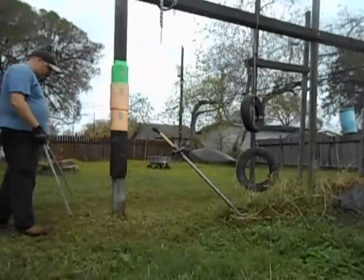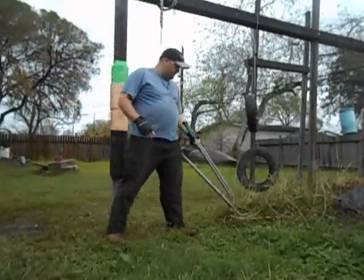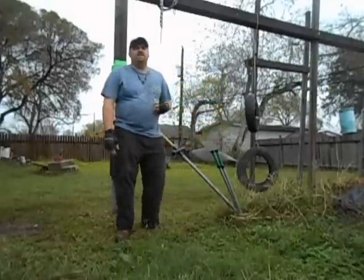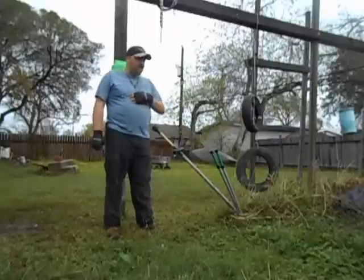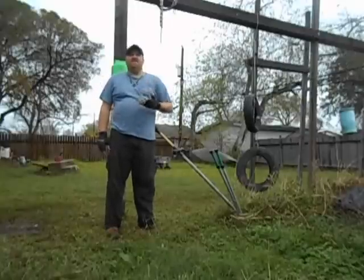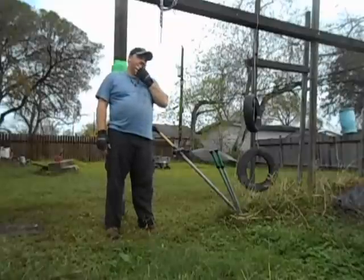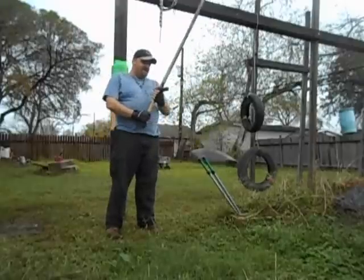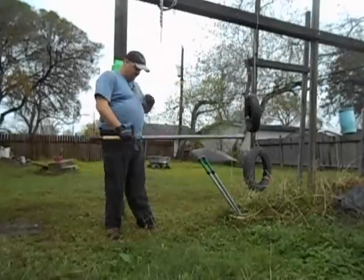So I'll do that for the workout, warm-up. And then what I do is I notice that I'm not very good at greatsword fighting. I rarely use my greatsword, so I'm not very good at it. And I really don't know any blocks or maneuvers for greatsword. But the only thing I really know about how to use a greatsword is, other than the fact that you beat your opponent with this really long blade,